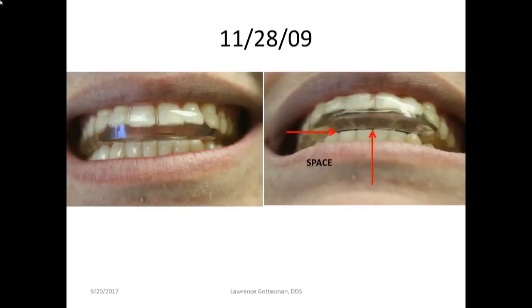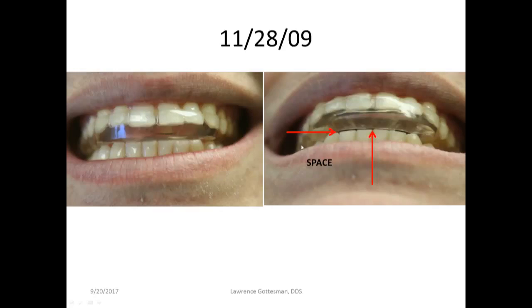So here's a case that I started in 2007. This is a friend of the family. This is a young man. He has Hashimoto's disease again, along with idiopathic thrombocytopenia purpura. So he has a reduced amount of platelets. That's what that means. And from the time that I made him the appliance in 2007,